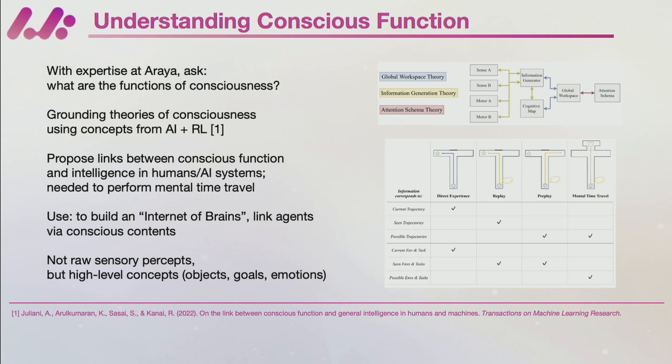And in this work down at the bottom, what we try to do is ground theories of consciousness using concepts from artificial intelligence and reinforcement learning. Theories of consciousness can be somewhat vague. They're talking about things we don't really have much access to. So the idea is to really try and ground them in something. Once you ground things, you can be more scientific, you can make hypotheses, and you can try and test these things out. So the three theories that we really focused on were global workspace theory, information generation theory,